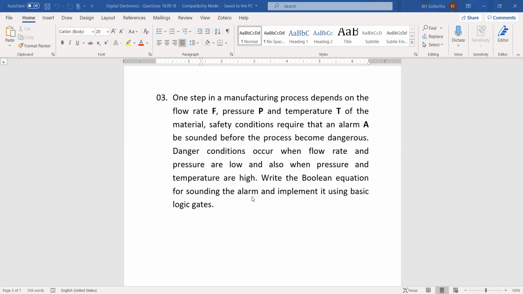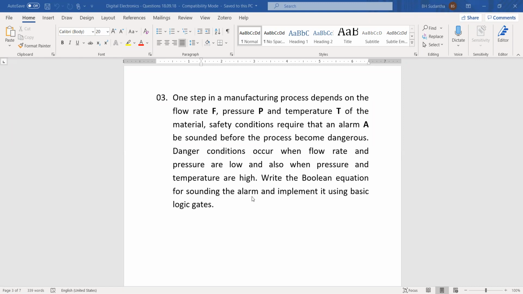It's like the previous question. Here also we have three inputs. The inputs are coming from three different types of sensors: the temperature sensor, pressure sensor, and flow rate sensor. It doesn't matter which type of sensor we are using. Assume that we can have the results from those sensors in digital format. The results may be 1 or 0.